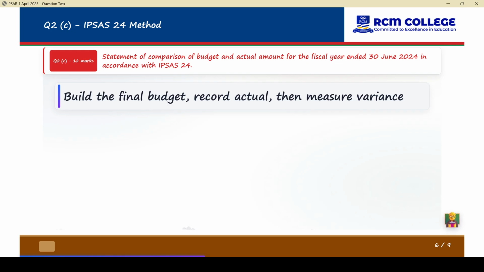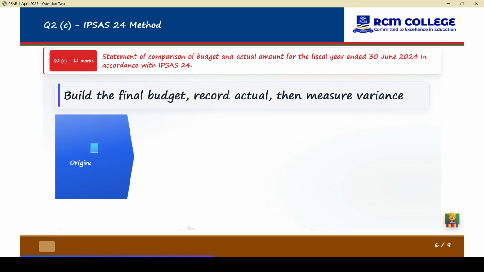We will record the actual, then measure the variance. So there is the original budget. What do we call the original budget? What is this original budget? When you talk about the original budget, what is it? So we start with the original budget. But what is the original budget? Original budget is the